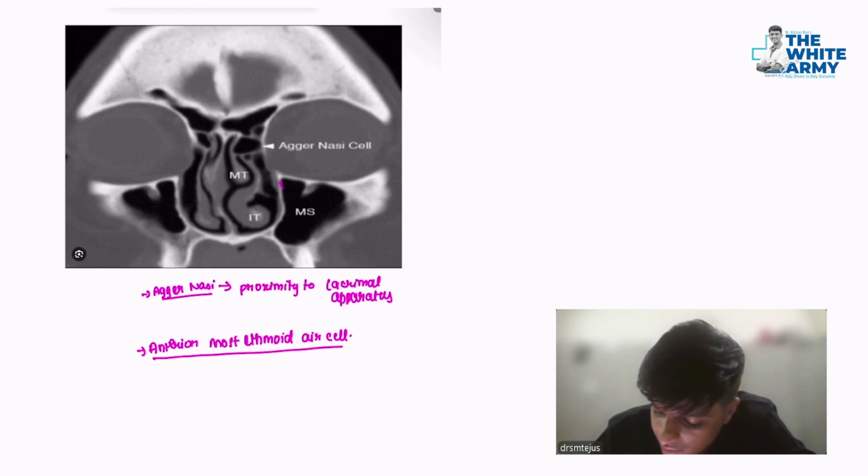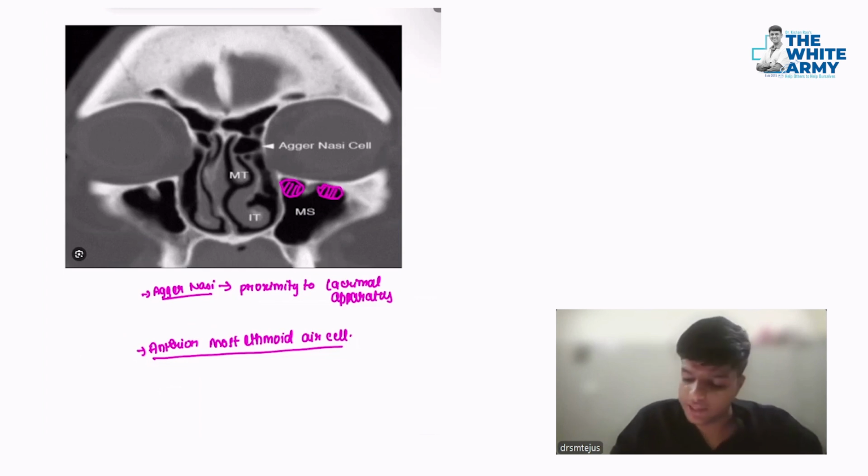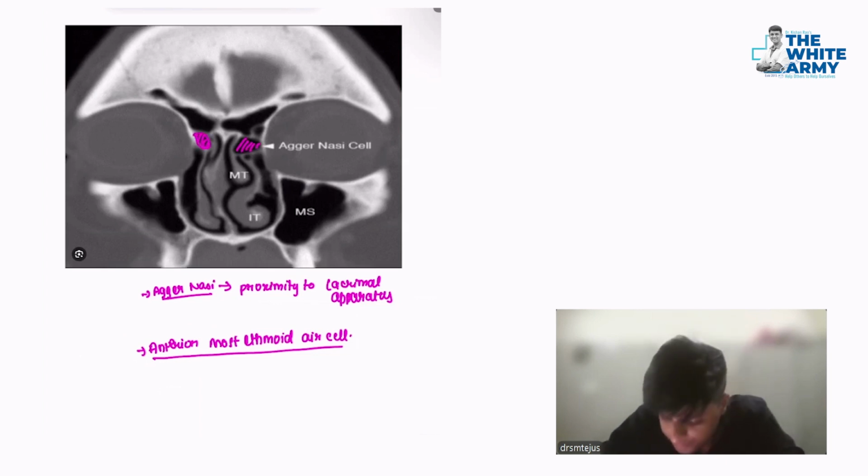Haller cells will be somewhere here, somewhere in the infraorbital region or the roof of the maxillary sinus. But we're talking about agger nasi cell. So this is the agger nasi cell. To be more precise, this will be the agger nasi cell on the right side,